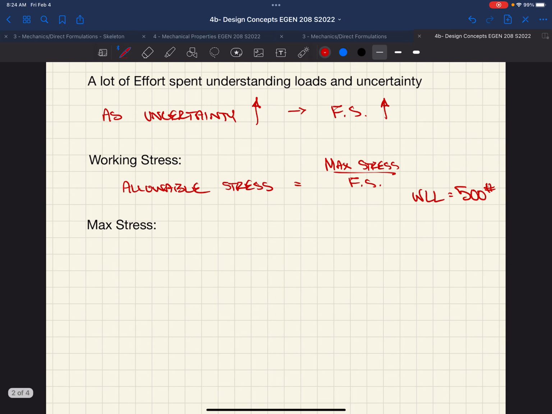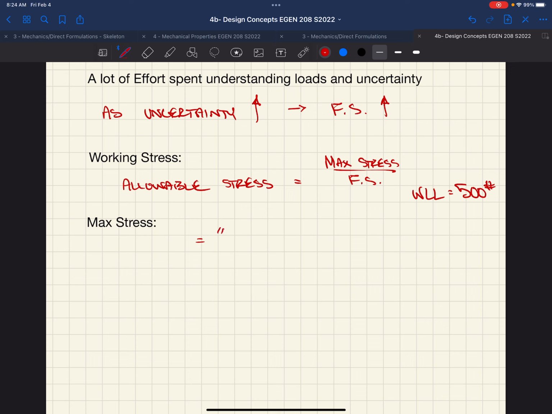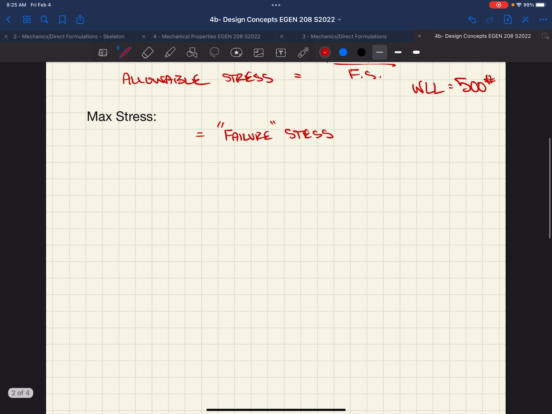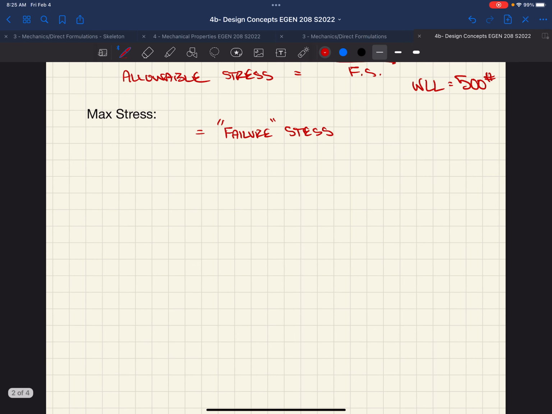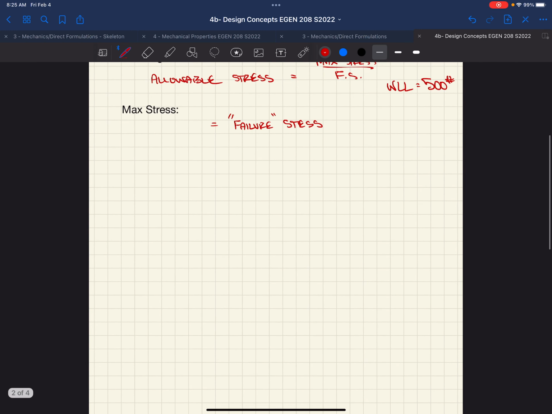Well, max stress, right? We need to have this stress which we classify our material as failure, right? So we call our max stress our failure stress. And our failure stress can be different. Right? It's not just the same value for every material. If we go back and we look at